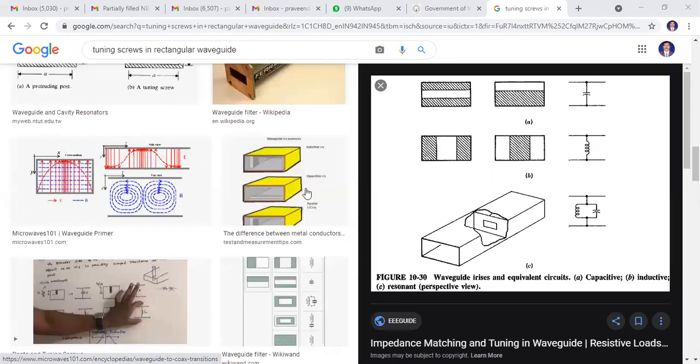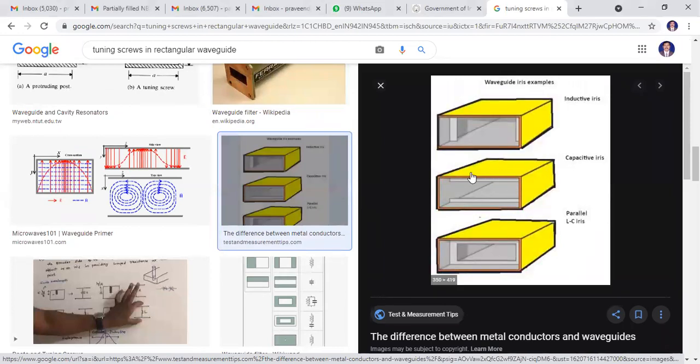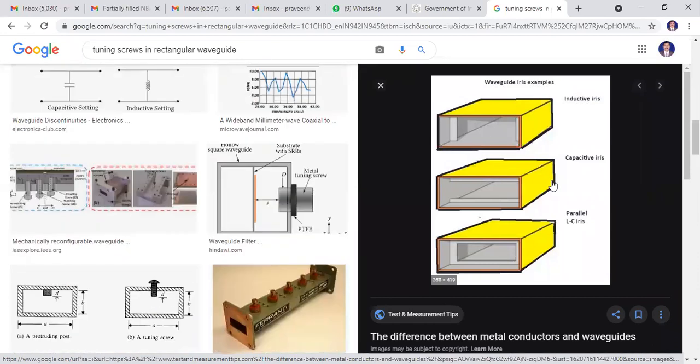Inside this, you can see. Now see, this is the case. This is the rectangular waveguide. Now there is an iron rod inside the waveguide on the broader side. That is a capacitance effect. In the side walls, there is an inductance effect. If the rod is on both sides, it is a parallel LC circuit. We have both inductor and capacitance effect. So this is the inductive, this is the capacitive, and this is the parallel, both cases. So these are the posts. Post means fixed.